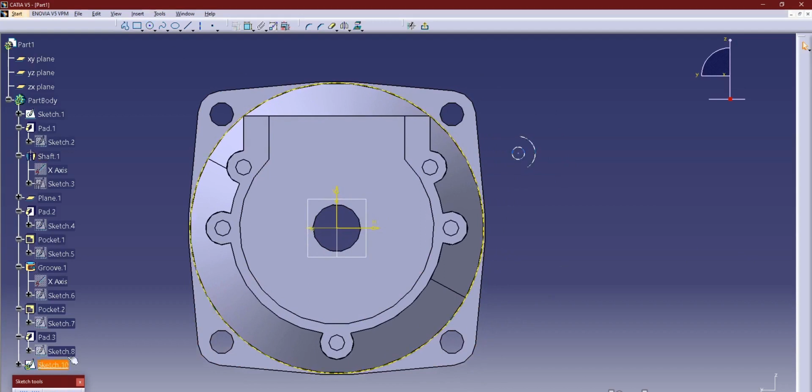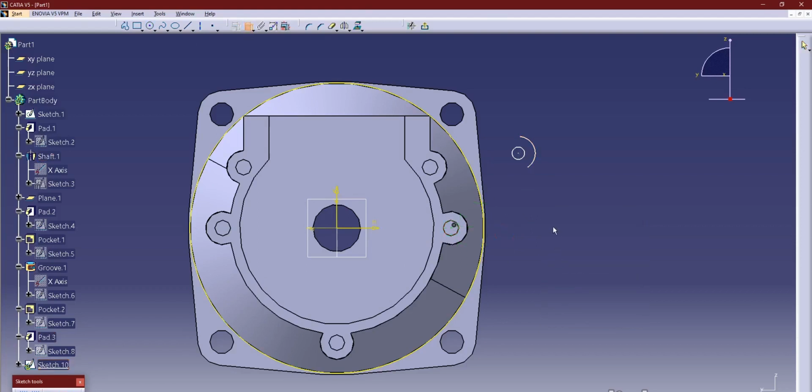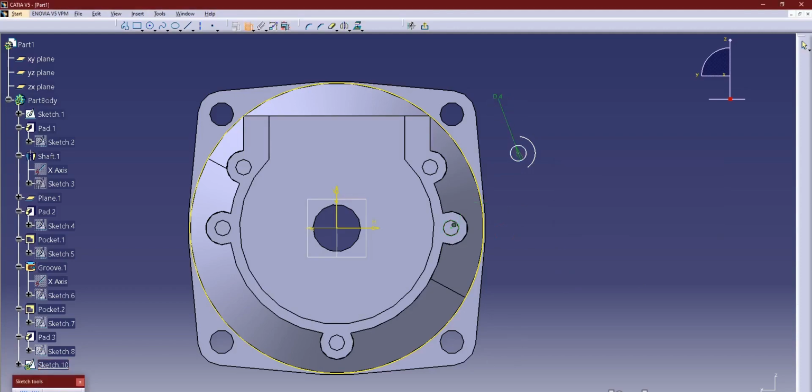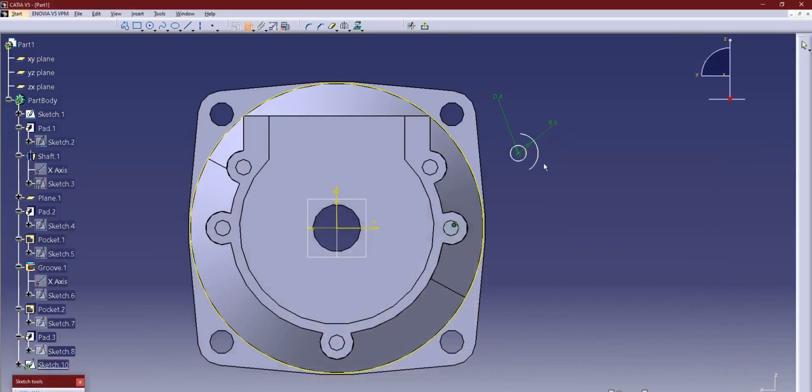Just for the reference purpose, take a circle and coincide it with this one. Now this is diameter 4 and this is radius 5,